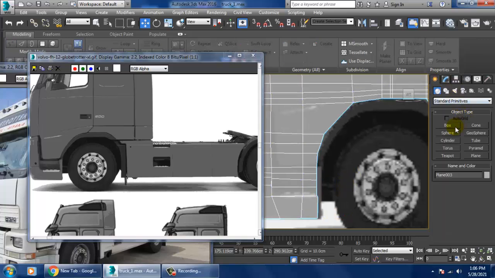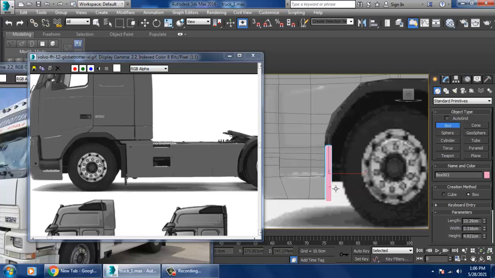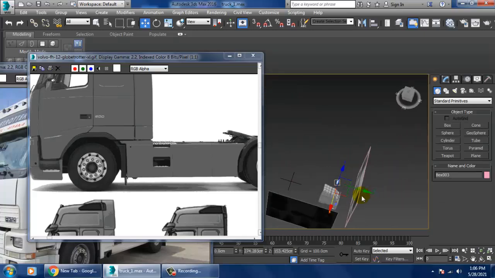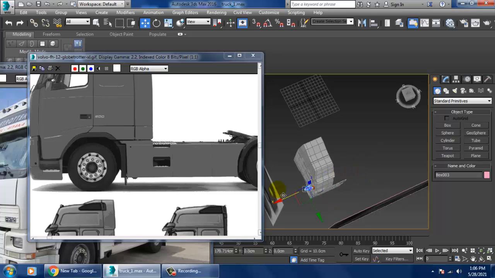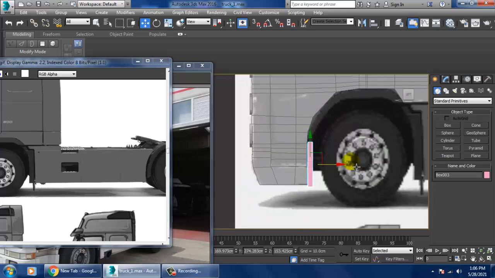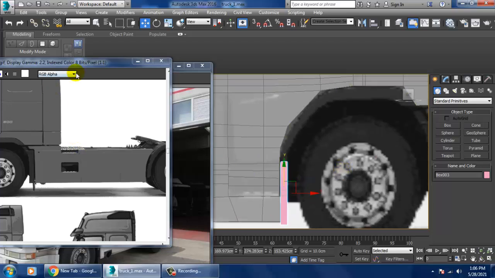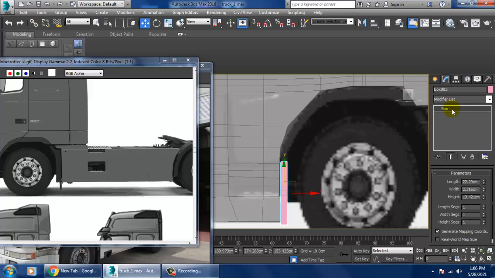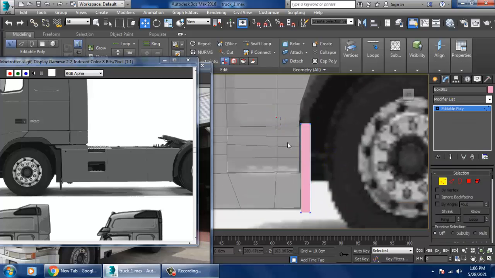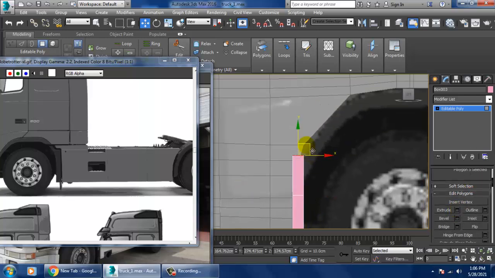Select the box part and shift this. I'm not going with much detail for now. If required, I can even use a tube. I'll convert to editable poly, select this box, push it inside, and give a bit of extrude.